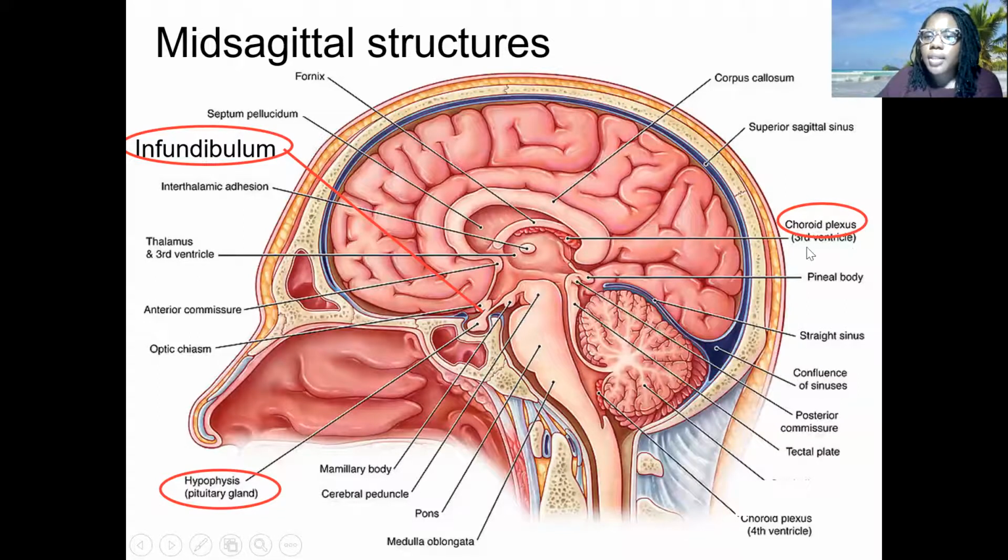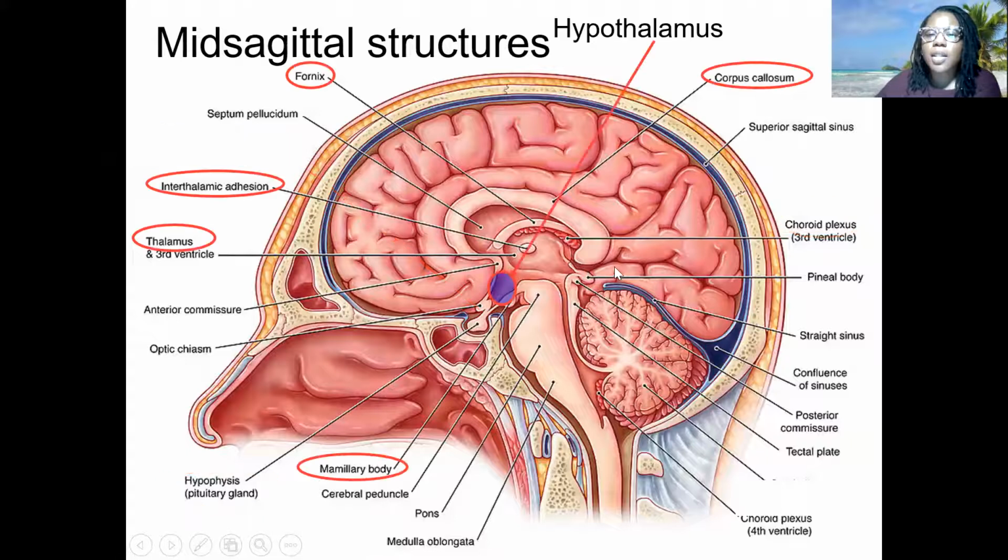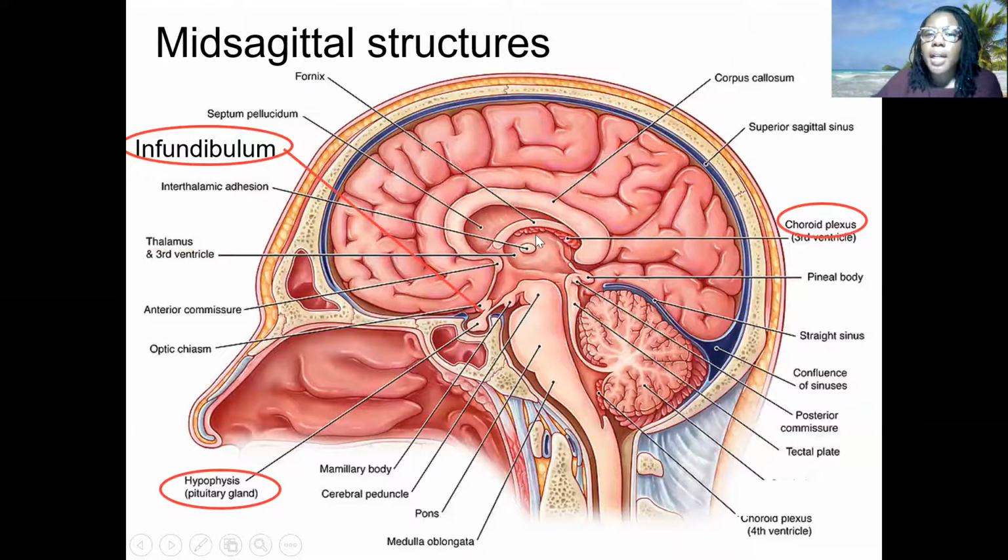Another important structure is the choroid plexus, also a structure that lines the third ventricle. And I know it's a little bit hard to appreciate what the third ventricle is, and when we talk about the ventricular spaces, it'll make a little bit more sense. But another structure that's surrounding this space is called the choroid plexus, and this is the structure that actually synthesizes